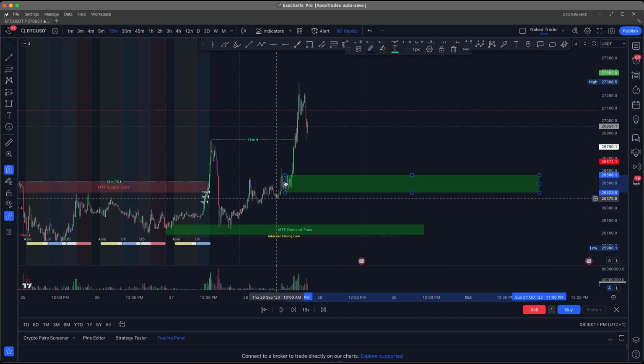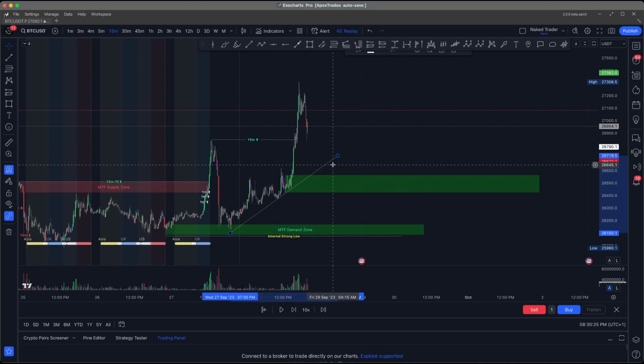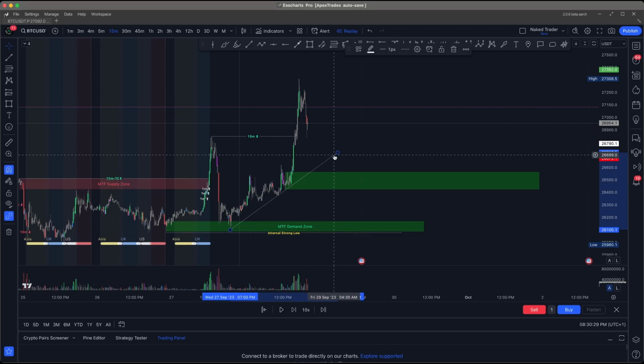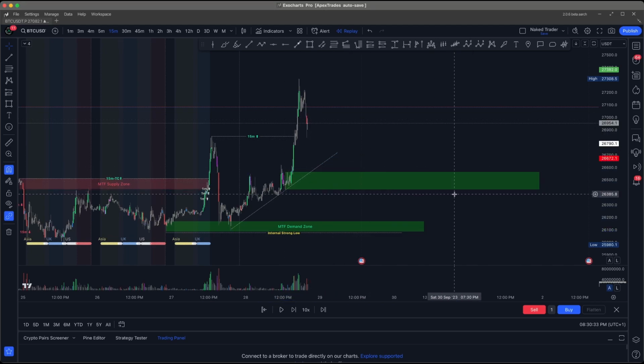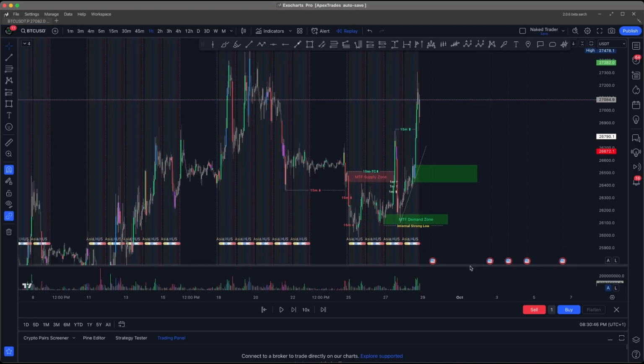However, we have all of this liquidity that has not been taken. All under here, stop loss, stop loss, stop loss every time. Bounces off this line, bang, price goes up and shoots to the moon. We haven't come back and tested this, right? So this is obviously still a demand zone because, again, our rules state that we have to see a break of the trend and the move that makes that. If I go to the 1 hour, let's see what it looks like on the 1 hour.